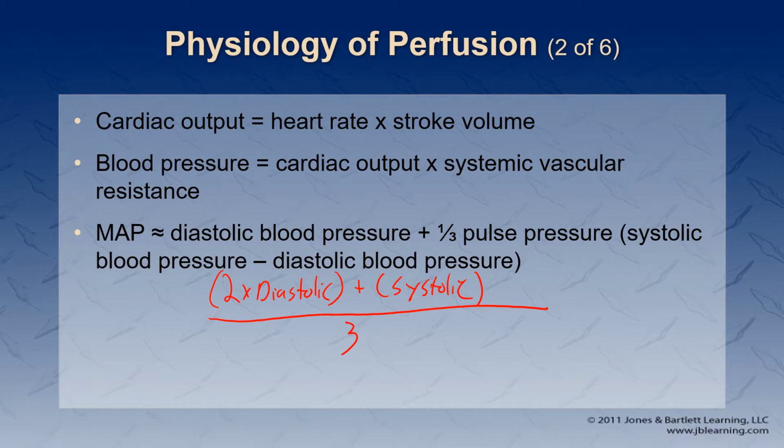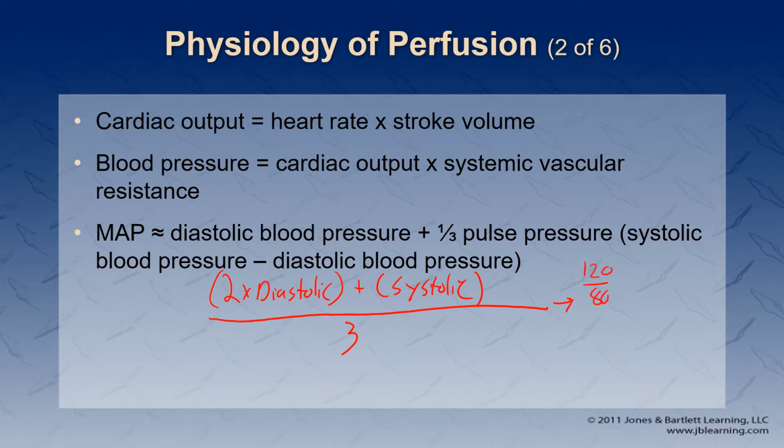And the reason for that is the heart spends, at relatively normal heart rates, on average about twice as long in diastole as you do in systole, right? Contraction is relatively quick, and then there's a pause while the heart repolarizes and refills in between beats. So we spend about twice as long in diastole as we do in systole, so we weight the diastolic pressure more. So, just to give you guys an example, let's take 120 over 80 for our